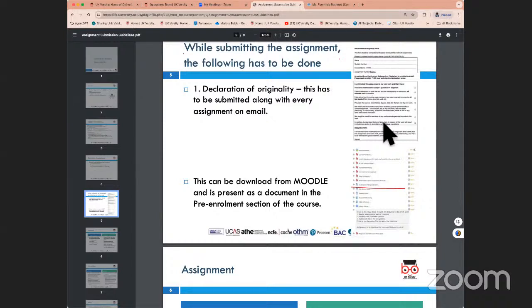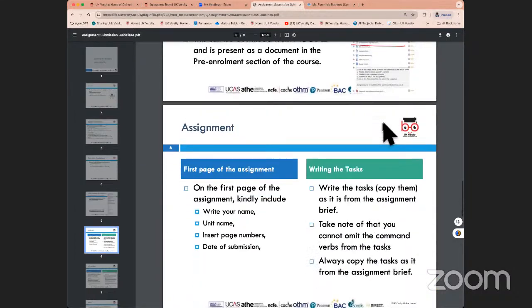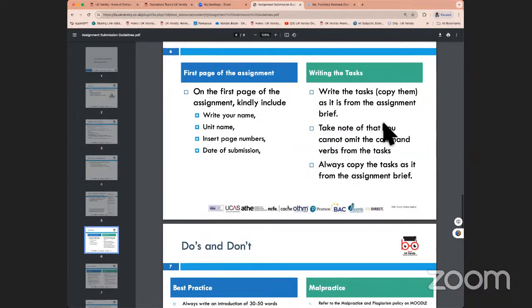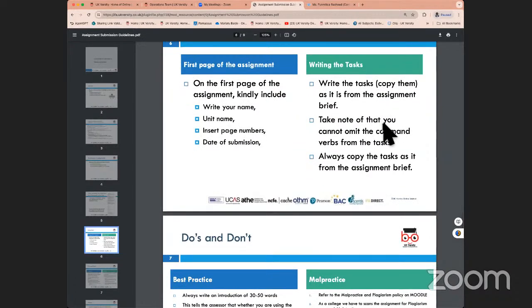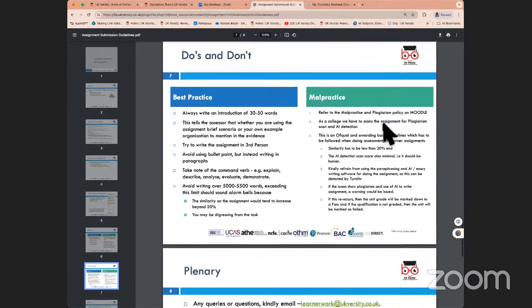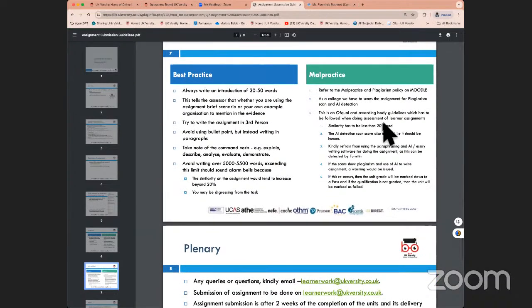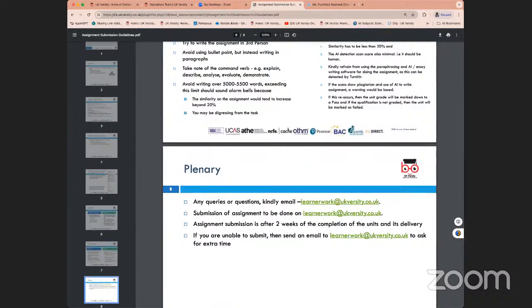so that you fill it once and you can keep submitting it again and again every time you submit the assignment. And obviously, bits and pieces that we want you to go through in terms of structuring your assignment, formatting your assignment, making sure some of the best practices of introduction and conclusion are done when you are submitting work, and also mention very clearly what grade you're trying to achieve in the assignment when you send an email to learner